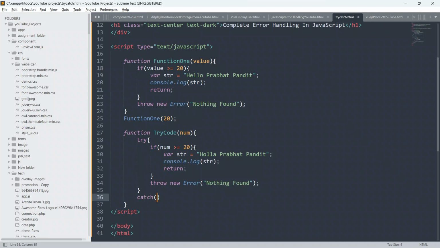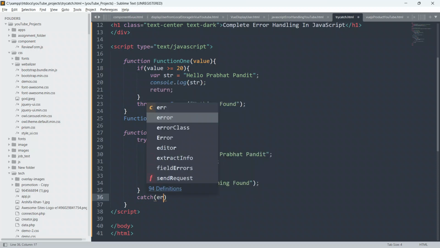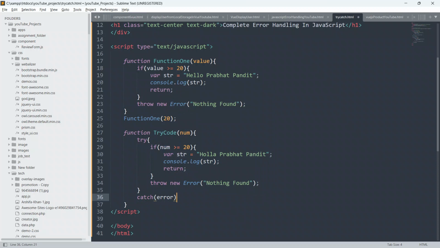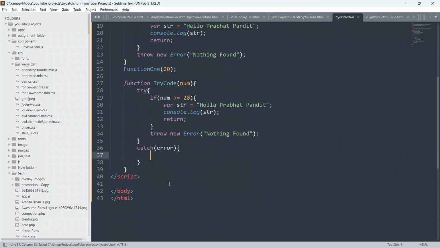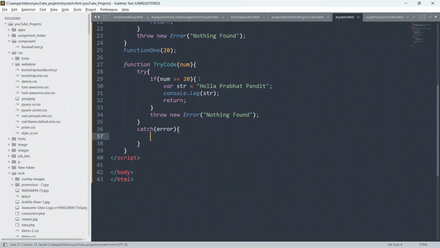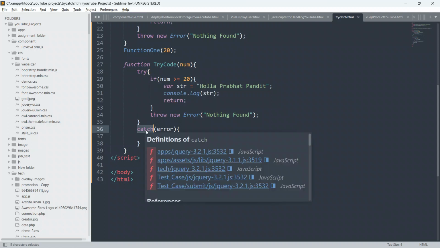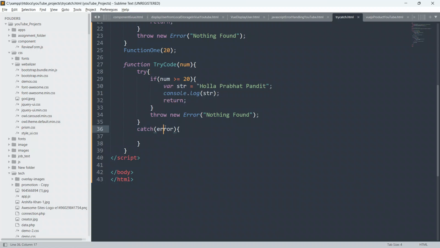And guys, what it will catch, it will catch an error. Whatever error this try block of code throws, always remember, we are gonna catch this error or exception in the catch block.